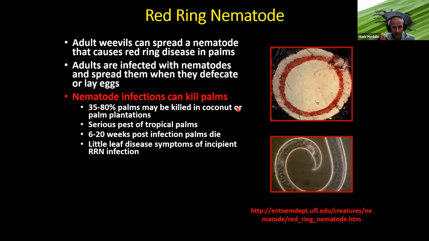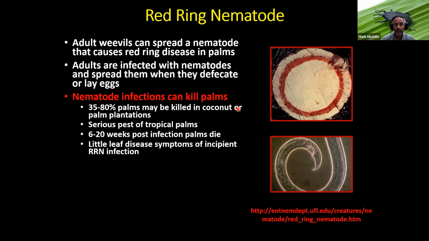Red ring nematode has not yet been recorded from Southern California, but like a lot of disease problems that we have, we get the insect vector first, and then years later, the pathogen shows up. And we saw this with Asian citrus psyllid. We got the Asian citrus psyllid widely established throughout Southern California. Then about 4 or 5 years later, after the insect had established the disease, Huanglongbing started appearing in citrus